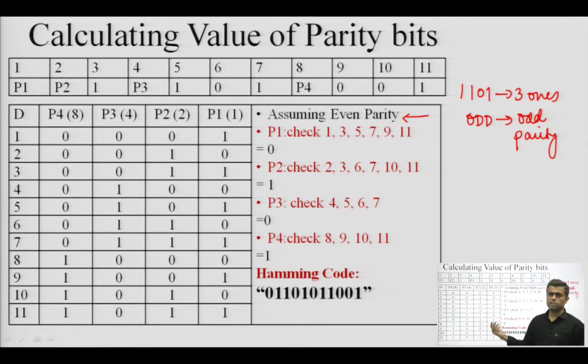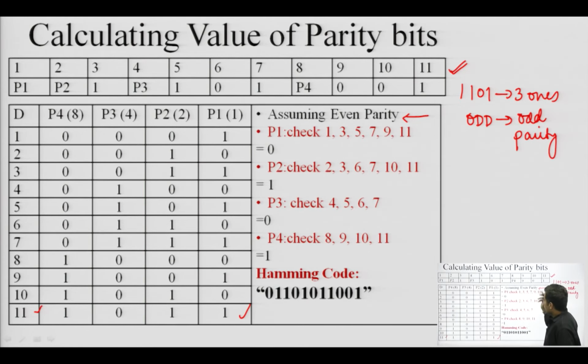So, I have to prepare this Hamming code using even parity, as provided to me by the examiner. This 1 to 11 is the sequence written in decimal, and this is 1 to 11 written in binary. The first step is to prepare this decimal-binary table up to the number of positions which I have considered in the structure of the Hamming code. So, I have reached 11, and I have prepared this code.